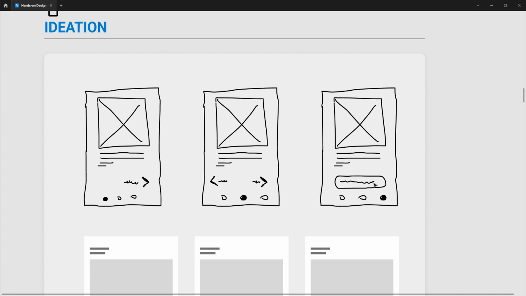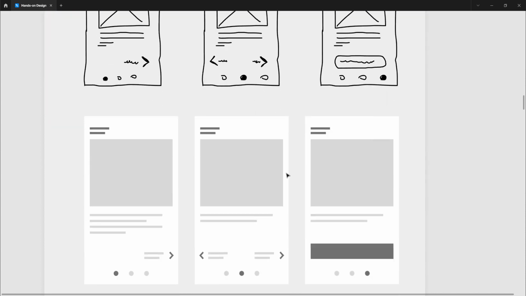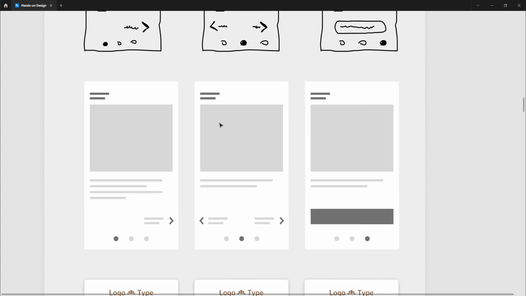So before I do anything on the computer, I go to my piece of paper and I design over there, so I can change things rapidly. And it is good because I will not be like, oh, I didn't like this color, I didn't like this text, I didn't like this spacing, you know what I mean? Because here it's not time yet to take care of those things I just talked about a couple of seconds ago, right? And then we are going to do this sort of block framing,